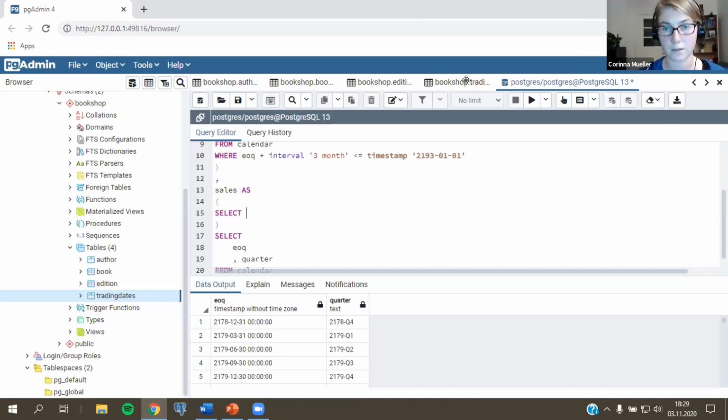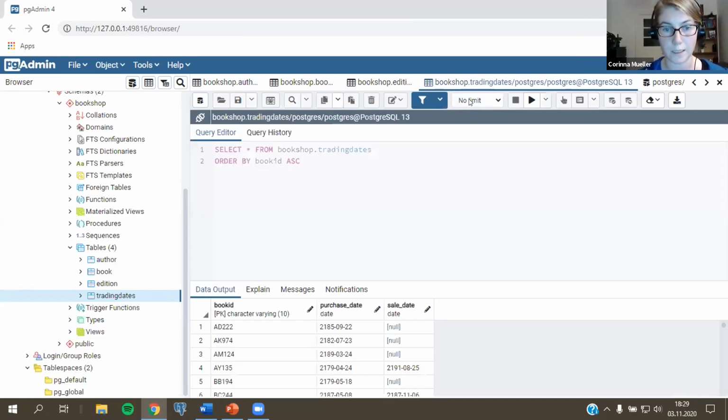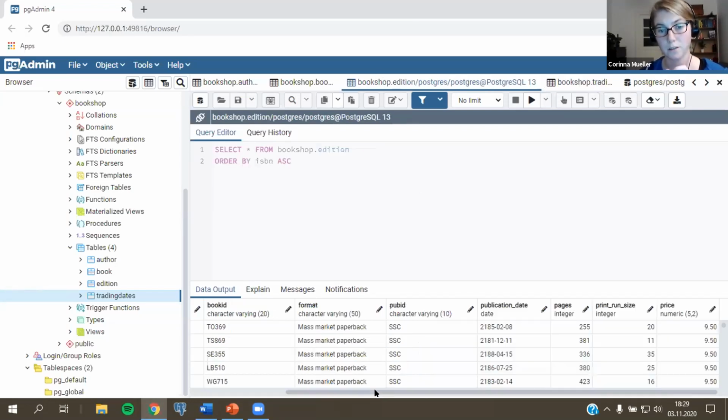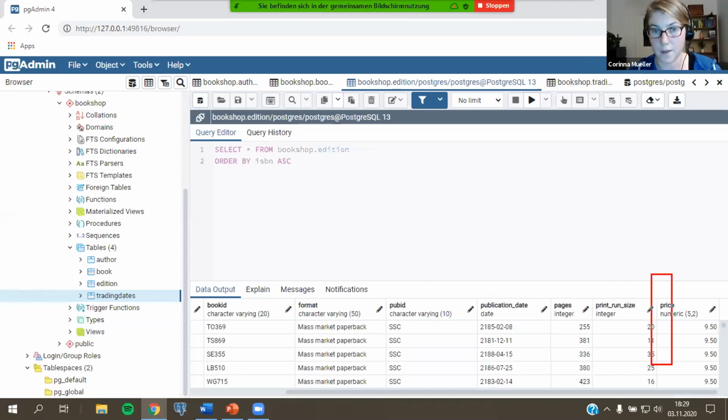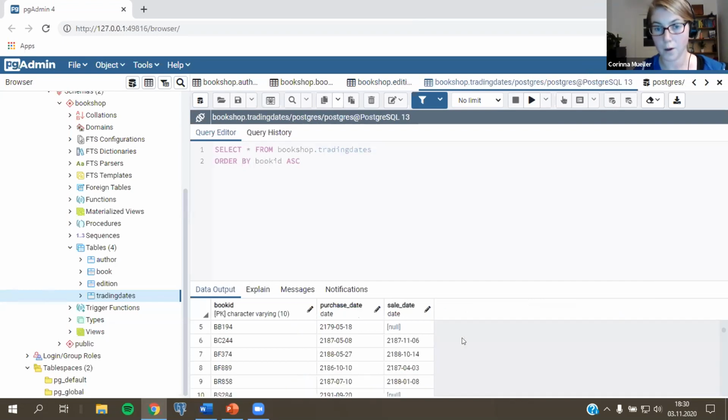Okay, so I think it's sensible to look at the data. So here we have the information: when did we sell our books, in the sales data? The information how much they cost is here in the addition table. Here we have the price. So we have to join these two tables to get to know for each date how much we sold. So what we do,